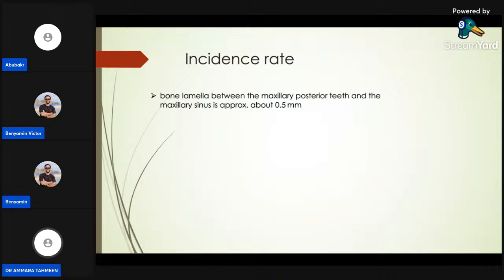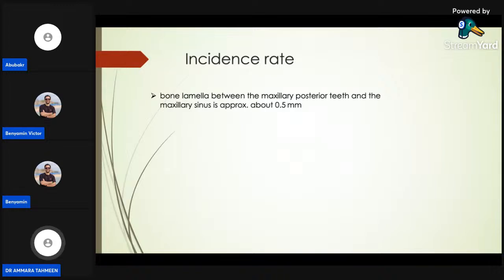It may also be due to pathologies like periapical cyst, dentigerous cyst, or other odontogenic pathologies such as maxillary sinus infections and osteomyelitis of the maxillary jaw. These are also etiological factors for the formation of